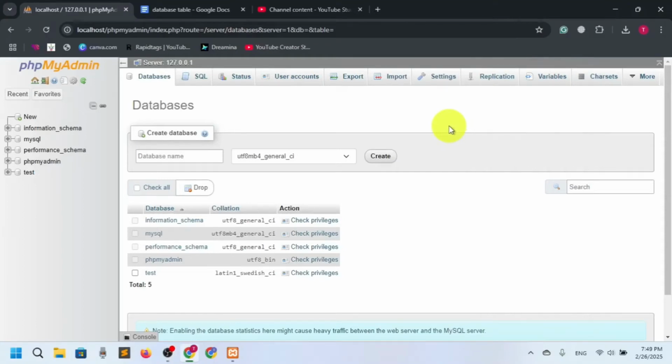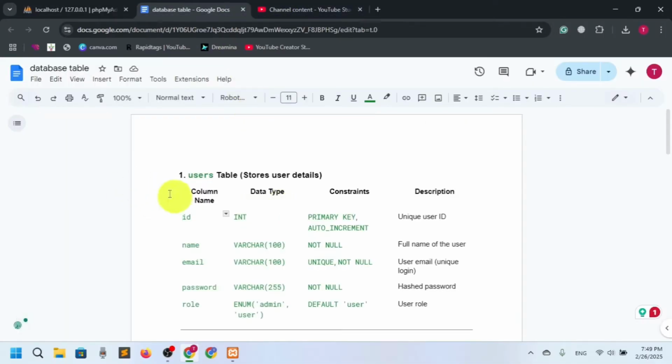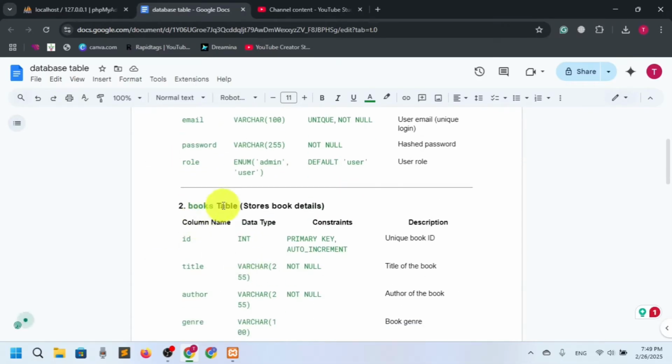From today we will start a new project, and that will be a library management system, an online library management system. Here you can see I have come up with a complete database design. We will create a database, and in the database we will have a users table, a books table,